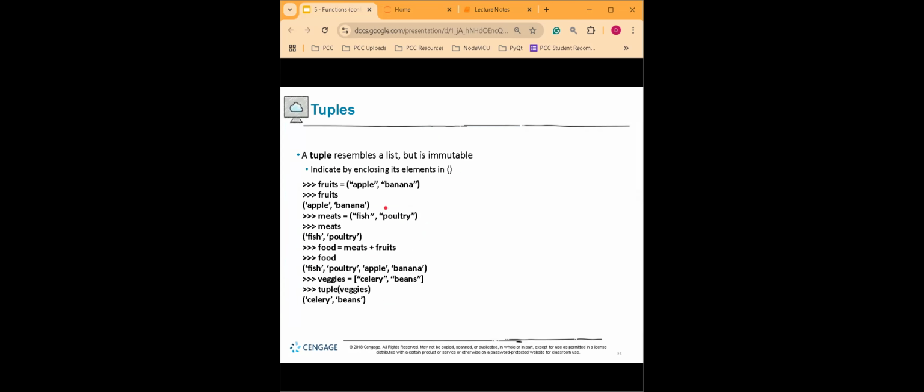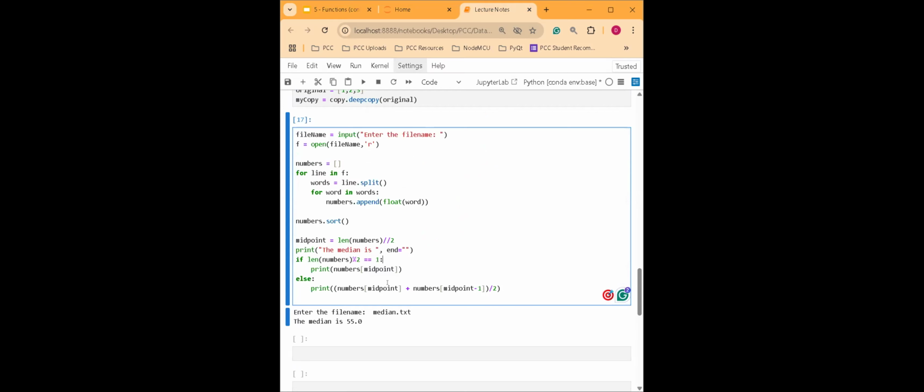Okay, so now we go to tuples, right? Now all you need to remember with tuples is that it's basically just a list, but the difference is that it is immutable. Now, the term immutable here means that you can't edit it in any way. So, for example, here,